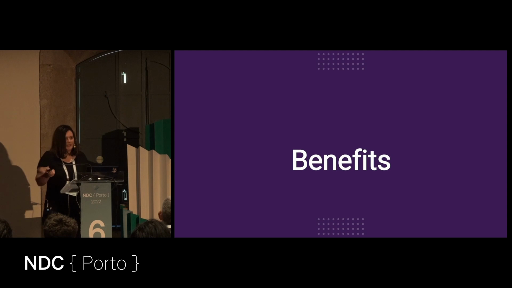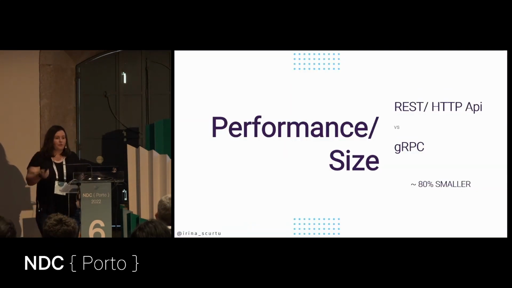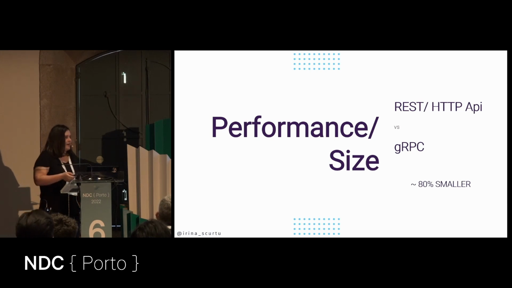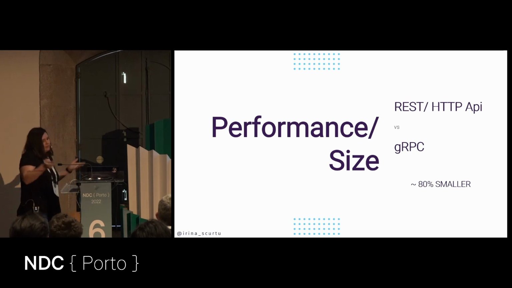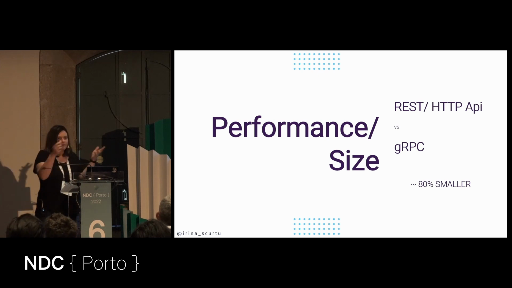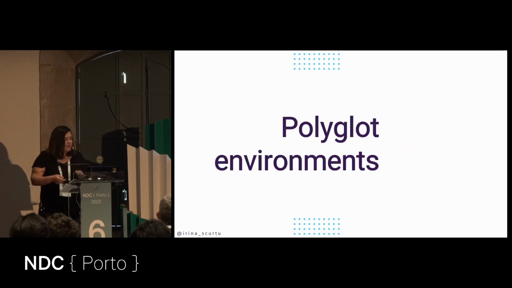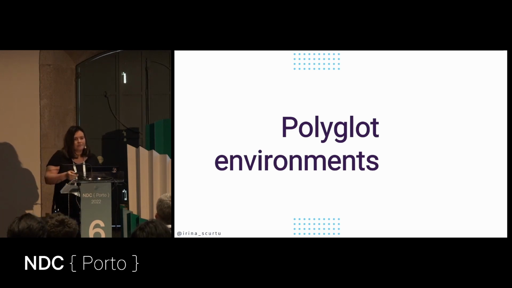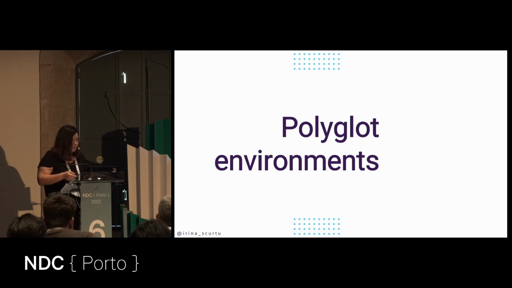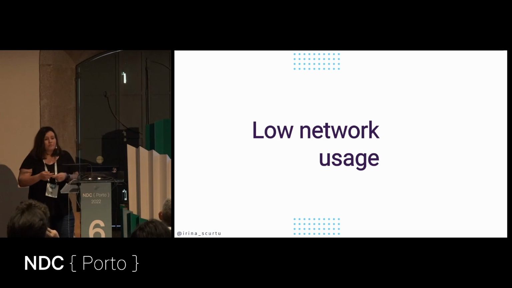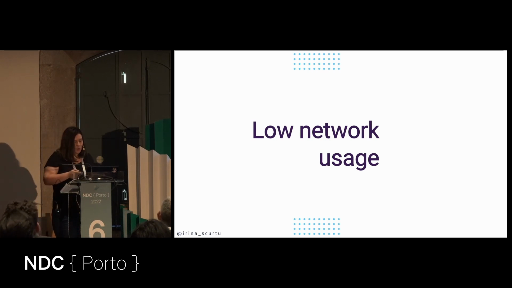So why use gRPC? I also have another demo for that. Benefits. Well, performance. If you have scenarios where you have an HTTP client or REST API that talks with another server, point-to-point communication, then, well, why not use something that is way more performant? Okay? Allows you to have polyglot environments. If you have Go or any other language, you can also use gRPC to have a binary communication between them. It has low network usage because the response is way smaller.